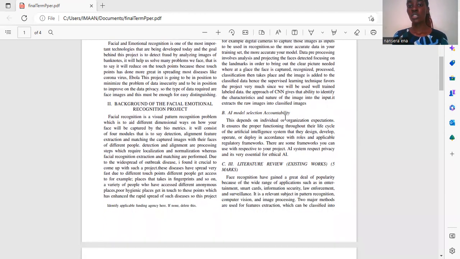Then about model selection and accountability, we know that accountability of AI depends on an individual organization's expectations. It ensures proper functioning throughout the life cycle. You operate and deploy in accordance with the rules and applicable regulatory frameworks. For example, the framework that enhances this model is the PCA framework. So with relation to this project, privacy is essential for